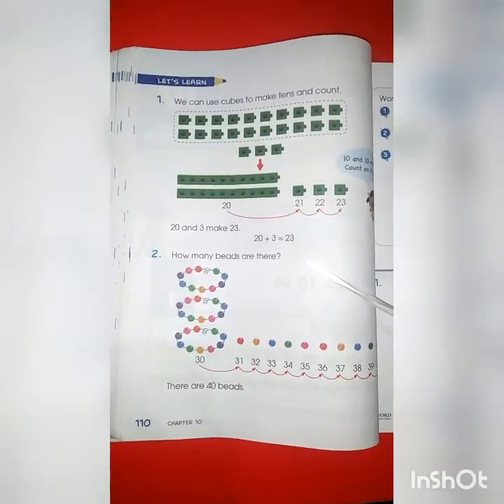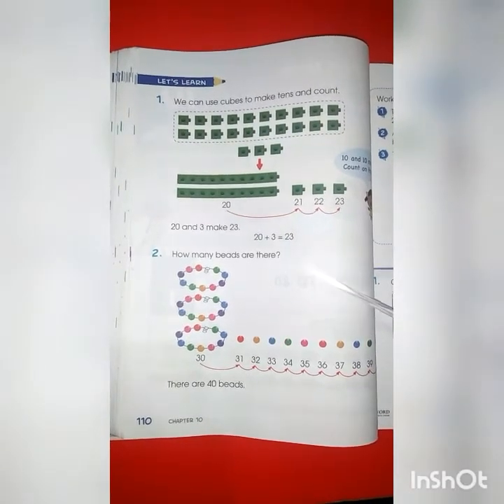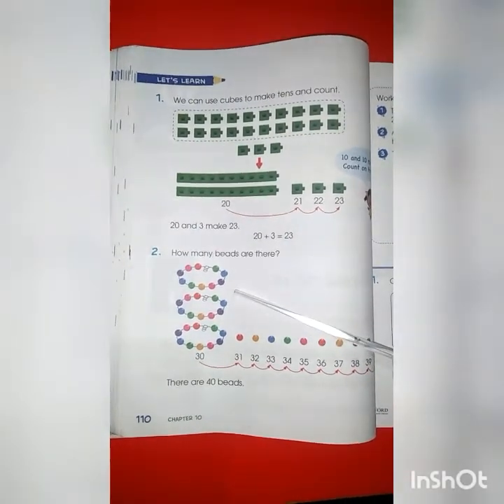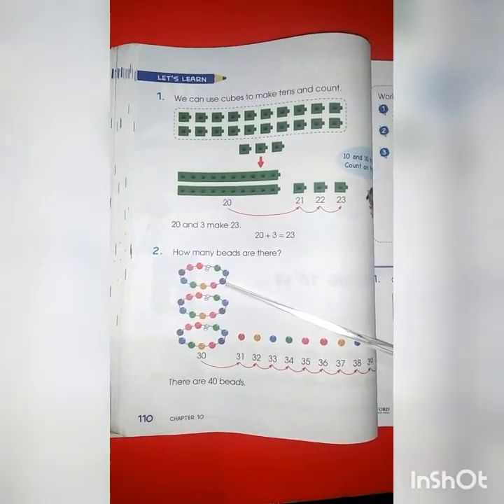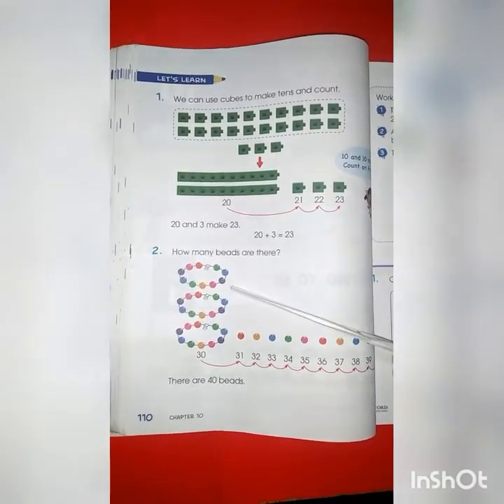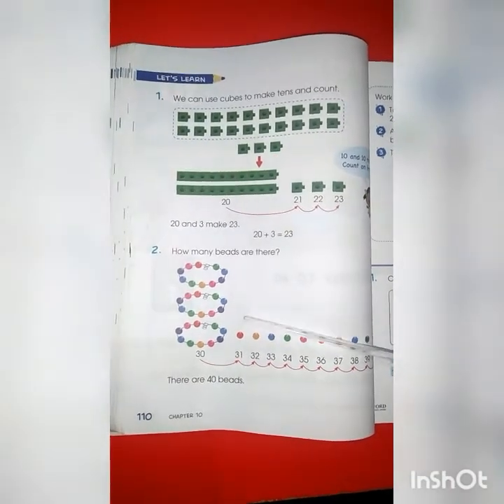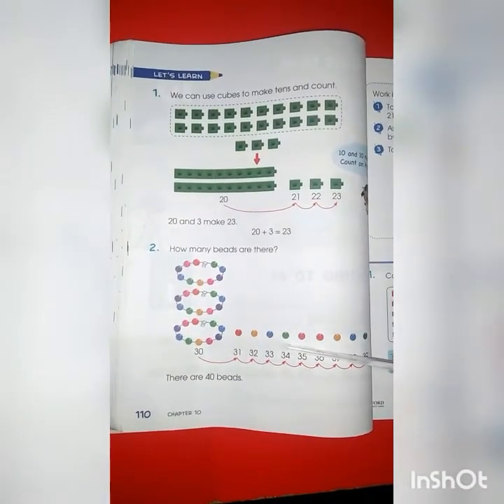Number 2, how many beads are there? Dear students, as you can see here, there are 3 bracelets and in each bracelet there are 10 beads and these 3 bracelets are showing the tens value, and other than that we have some other beads which show